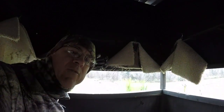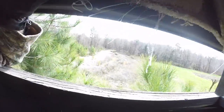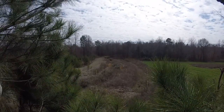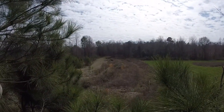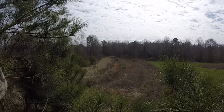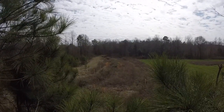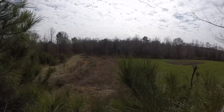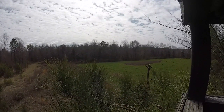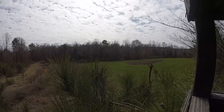Okay, so hopefully from up here, looking out of the stand, it'll make a little more sense. You can see here the rows of the sawtooth oaks, you can see the wild native grass growing, and you can see the row of Elaeagnus or Russian olive that's growing and providing the barrier between the road and the food plot. And then as I pan around across the food plot, again, you see the patch of natural grass out in the middle, and earlier in the season it looks a lot taller and bigger, and it does a lot better job